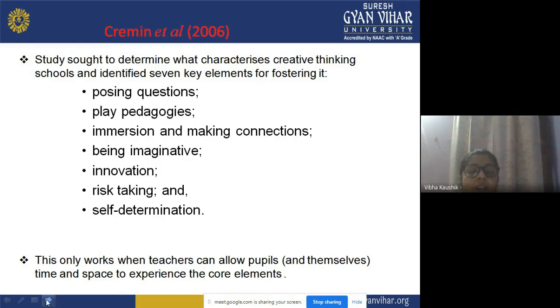You will use the traditional method of getting the solution of the problem done. But when you are a creative child, when creative thinking is developed in you, then a risk taking attitude will be there. Now, in the risk taking attitude, what will happen? You will try to solve a problem by using various approaches or various ways.